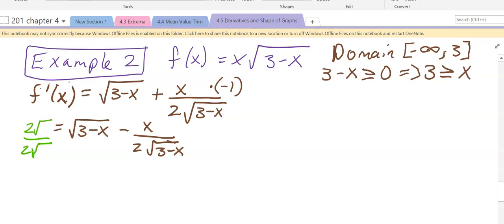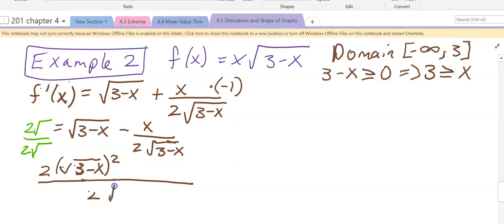Anything divided by itself is the number 1. That would lead me to have 2 times the square root squared, which of course will lift off the radical, all over 2 times the square root,